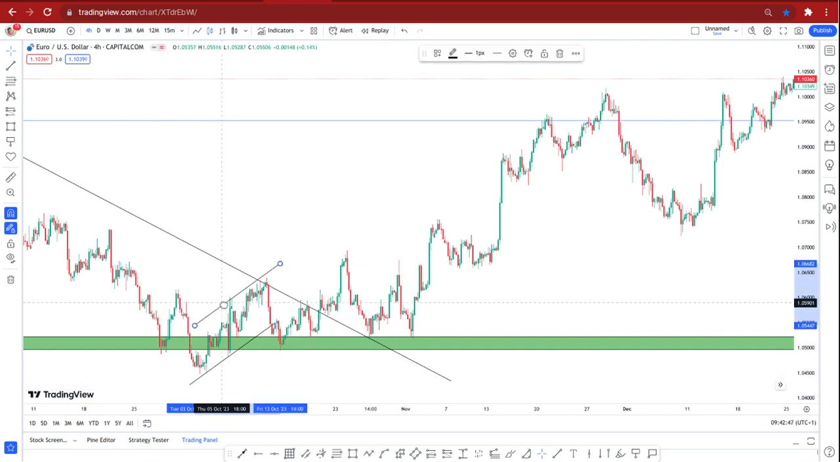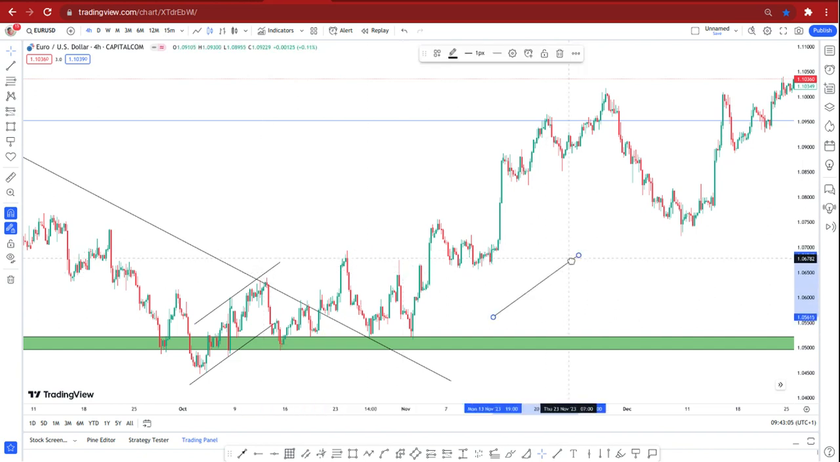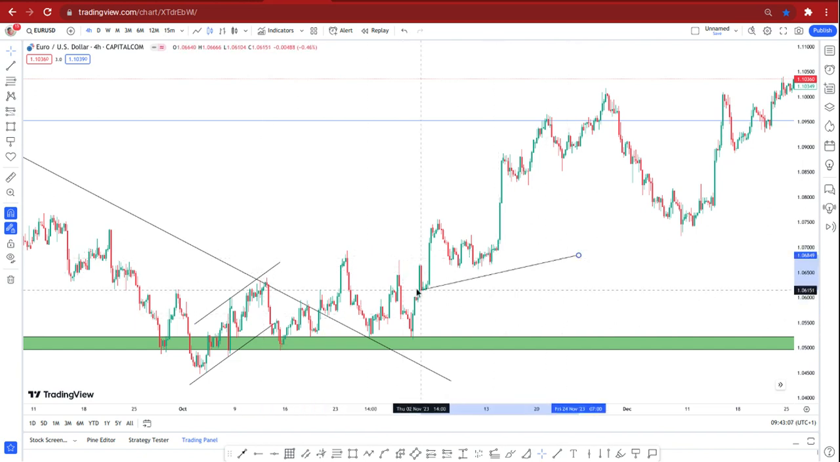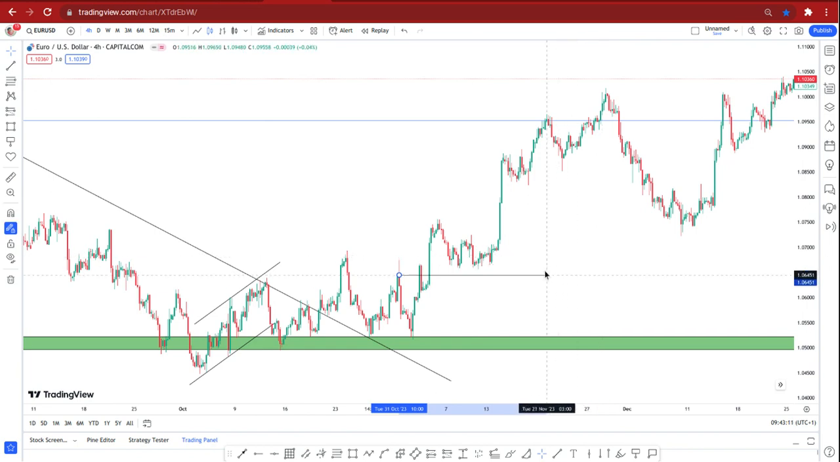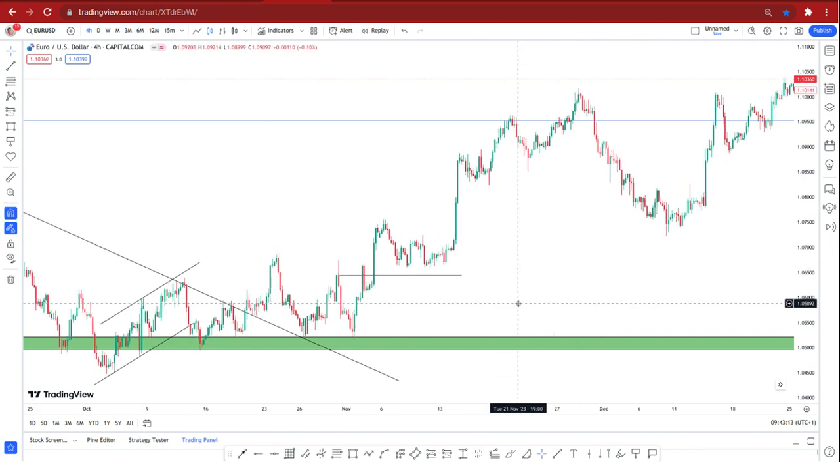This is a form of rejection down to this downside. It didn't reject, it broke out. After breaking out, I know it will reverse back. It created a double bottom, one here, so I'm expecting that this will be my neckline here. So will price come back to revisit this zone, hopefully,